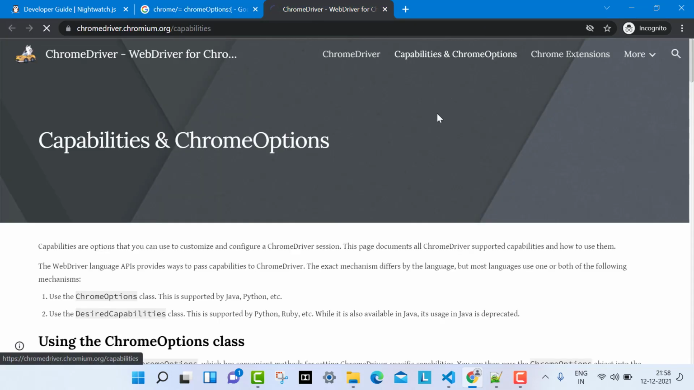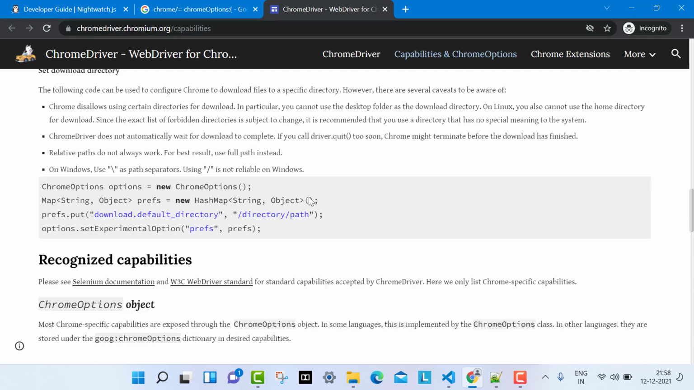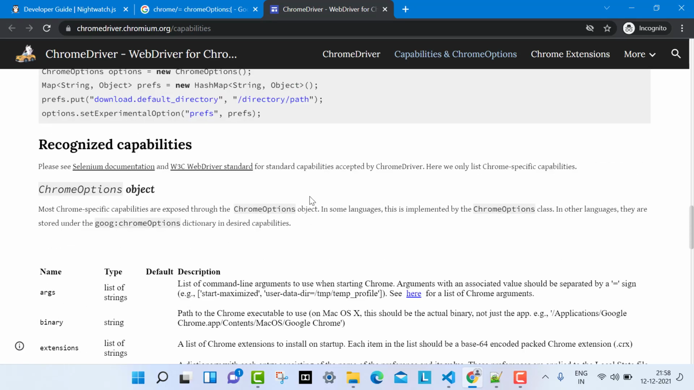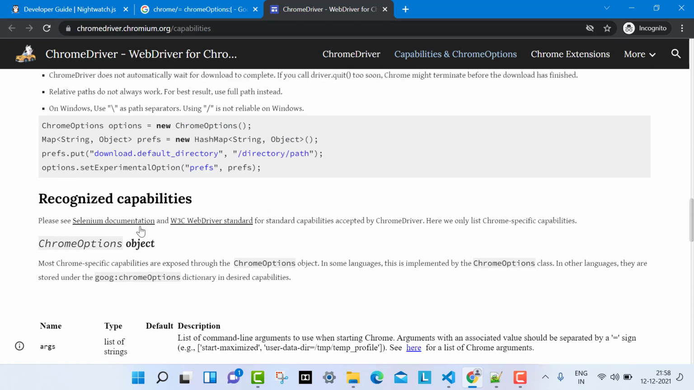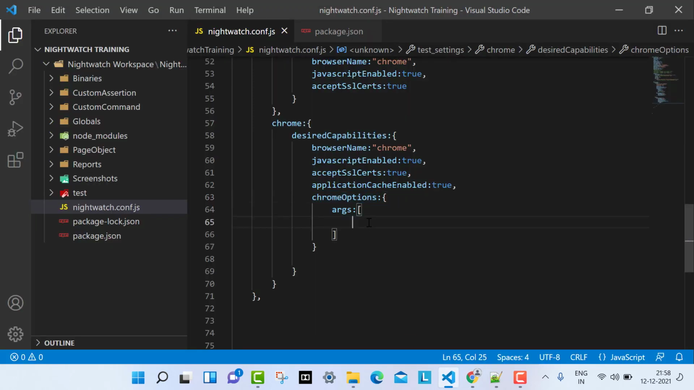Here they have given the Chrome options class, and there you can find what Chrome options are available. They say here is the list of only Chrome-specific capabilities and the standard capabilities. There is a Chrome options object, so that options object you can use. How you can use it, and what options you can give, like: